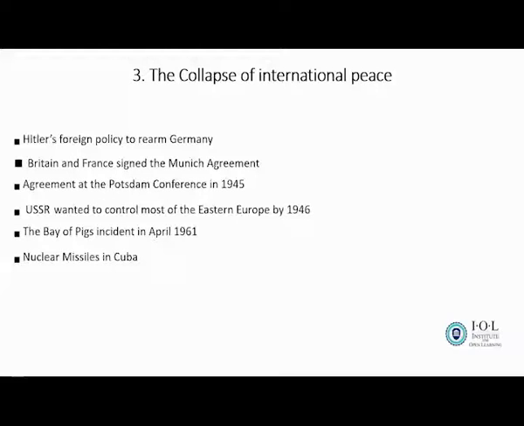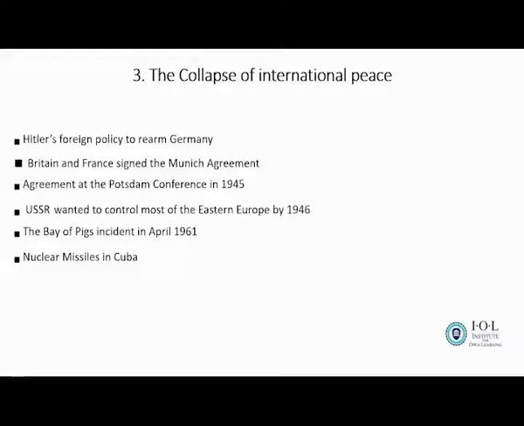When they signed the peace treaty in 1919, it was agreed by the peacemakers that they were going to disarm Germany. But now a man called Adolf Hitler came into being. When he came into power, he wanted to reverse the terms of the treaty, the things that they agreed upon when they were signing the treaty. So he started rearming the Germans.